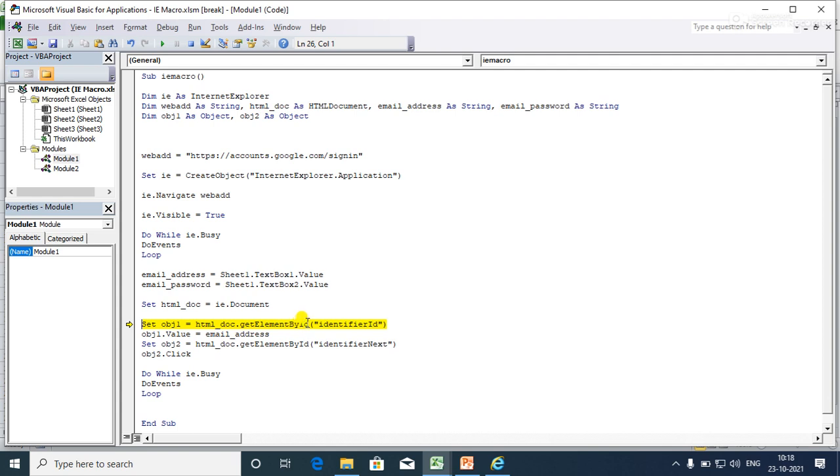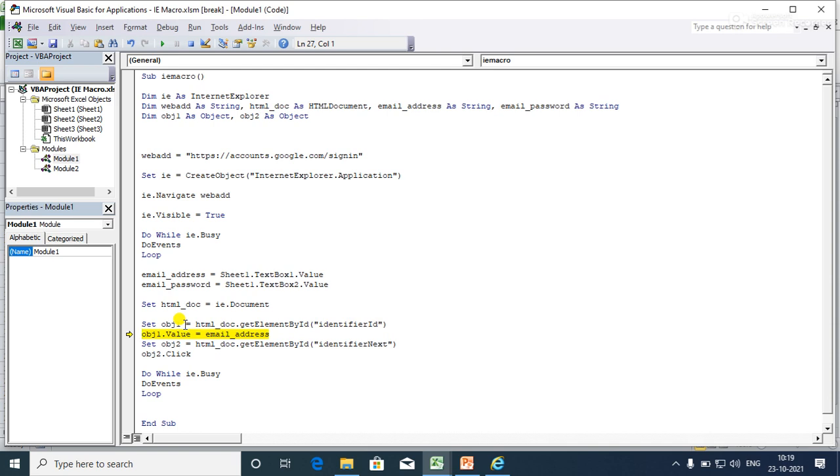So we have multiple methods to access an HTML tag. Here I accessed the HTML tag with the help of ID, so I pass the identifierId here. Now I have accessed the HTML element.